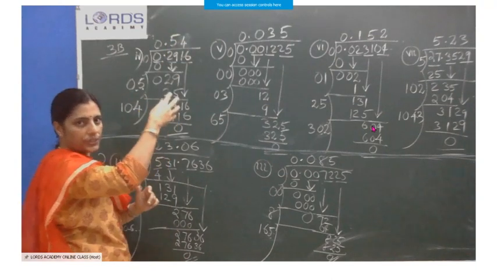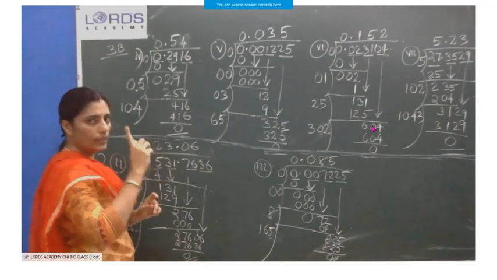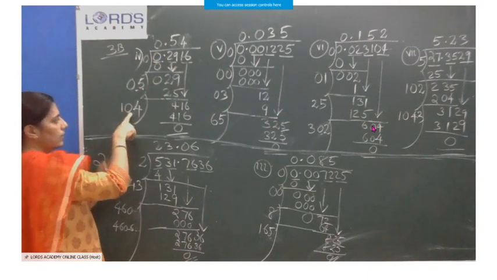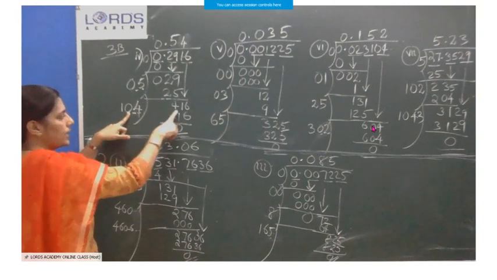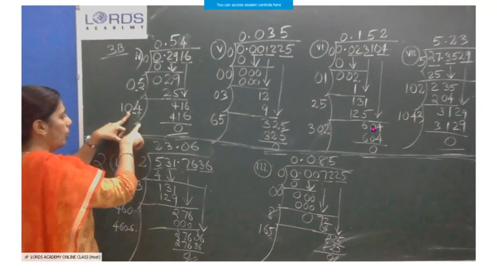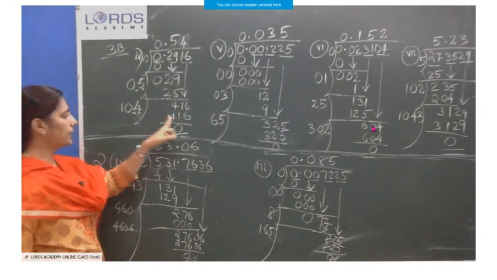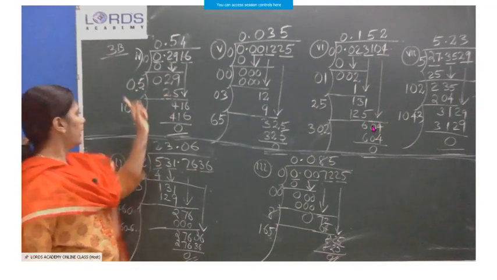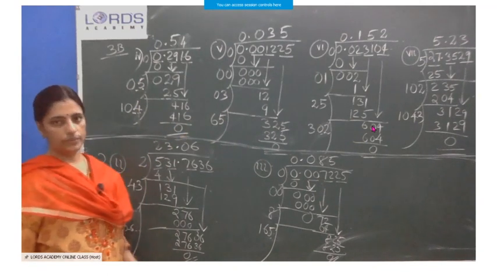4 came after that. But don't take 0.5. You have to treat it as simply 5. I told 5 and its double 10. Then we have to find one more number to satisfy this 416. I know that 104 into 4. If you try it in your working column, you will get 104 into 4, you are getting 416. So 4 I have written here, 4 I have written here, 416 written here. Remainder is 0.